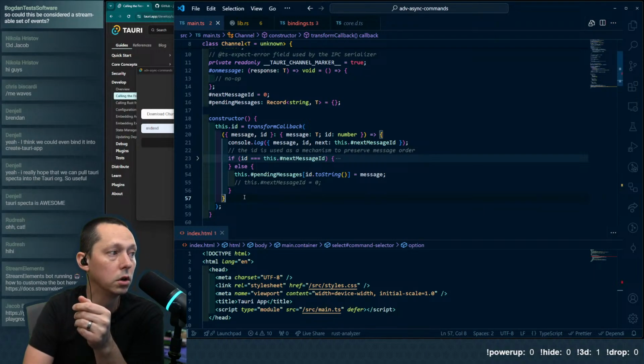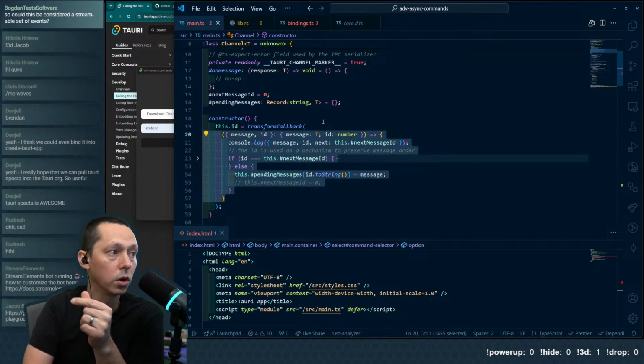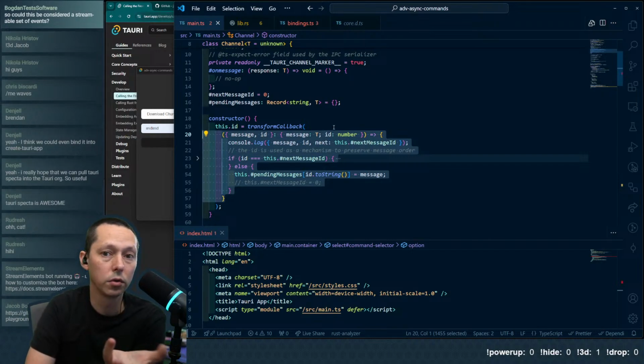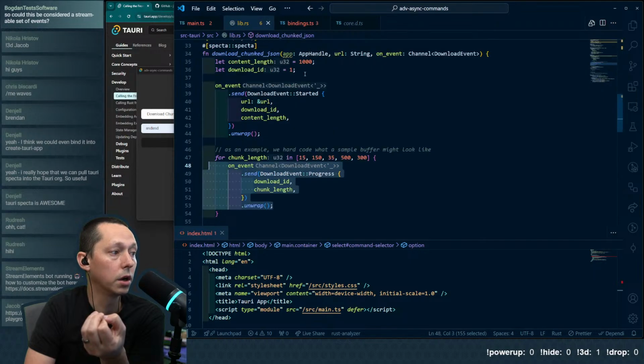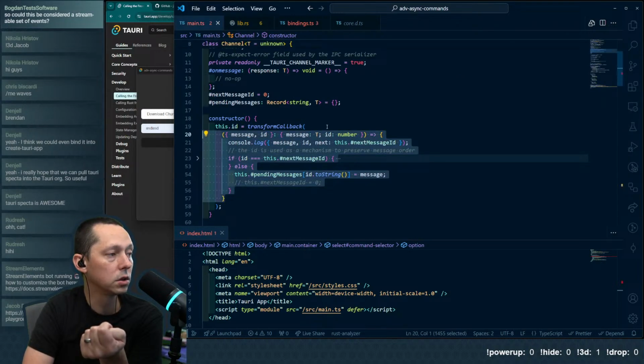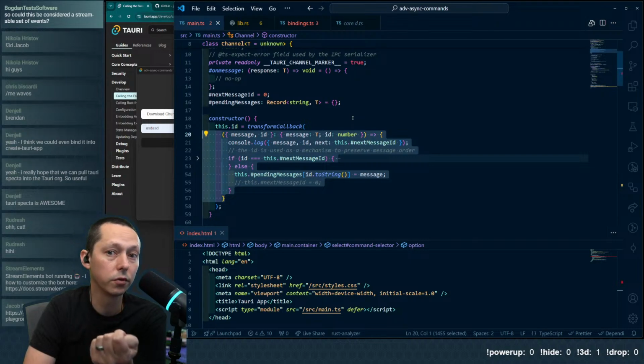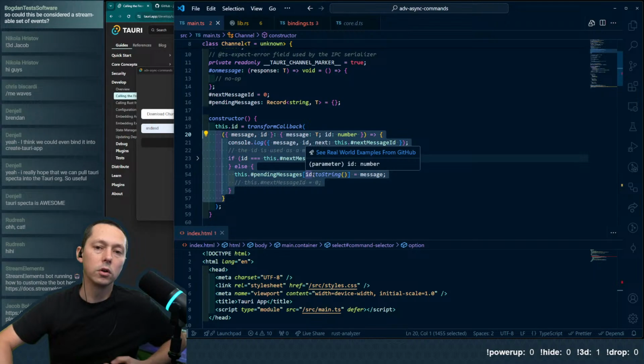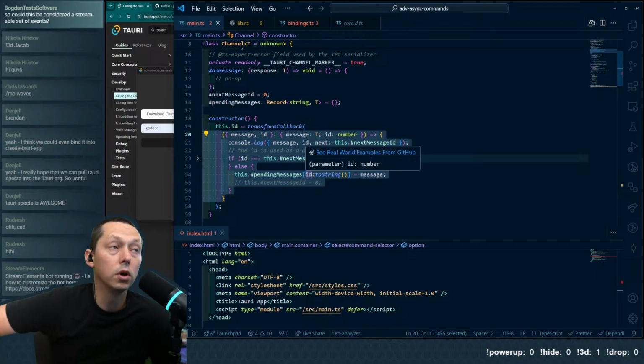So this could effectively work like an event emitter. This could fire off events. This could call whatever. Anything you can do with a function, it can do every time you call a .send. So depending on what your command needs to do relative to how you want to handle it on the front end, it might be interesting. Maybe this is a good way to sort of cap this.